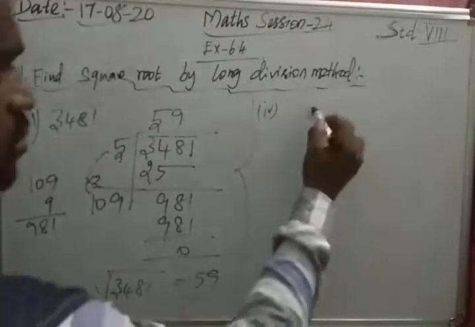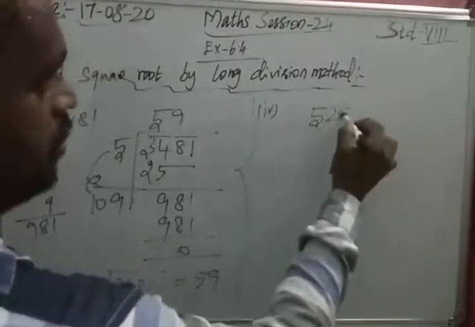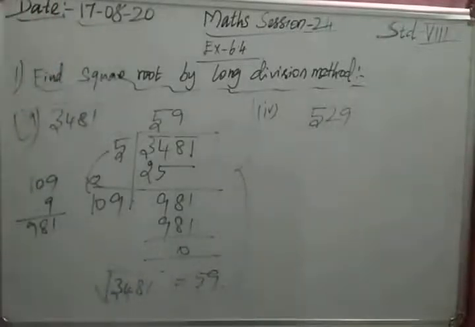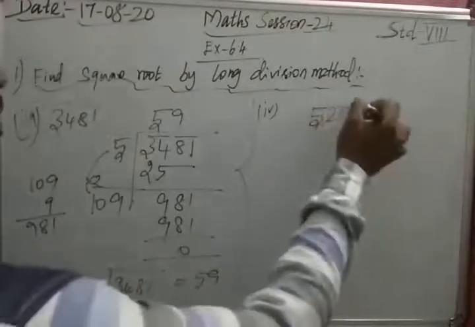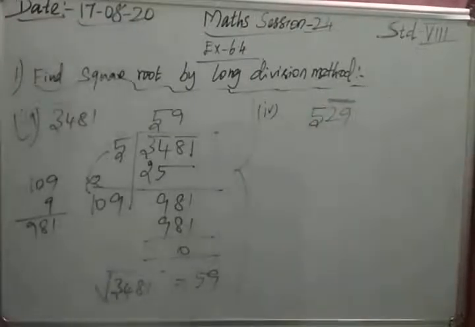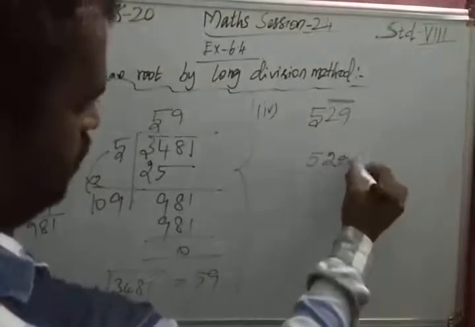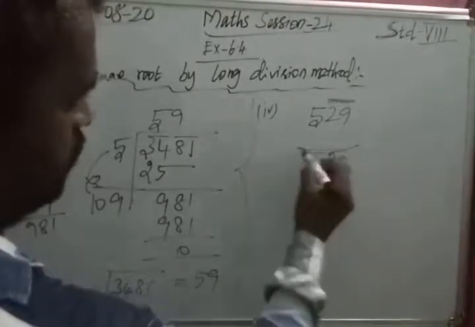529. Okay, I also accept 529. I was also waiting for this number only. Afterwards you will ask, sir, here we are having only 3 digits, how are we going to do? Here also same. You have to come from the right hand side. That's all. From the right hand side you take, that is 29 only. For the 29 only the bar value will come. Now you go for the long division method. That is 529 in the long division method.